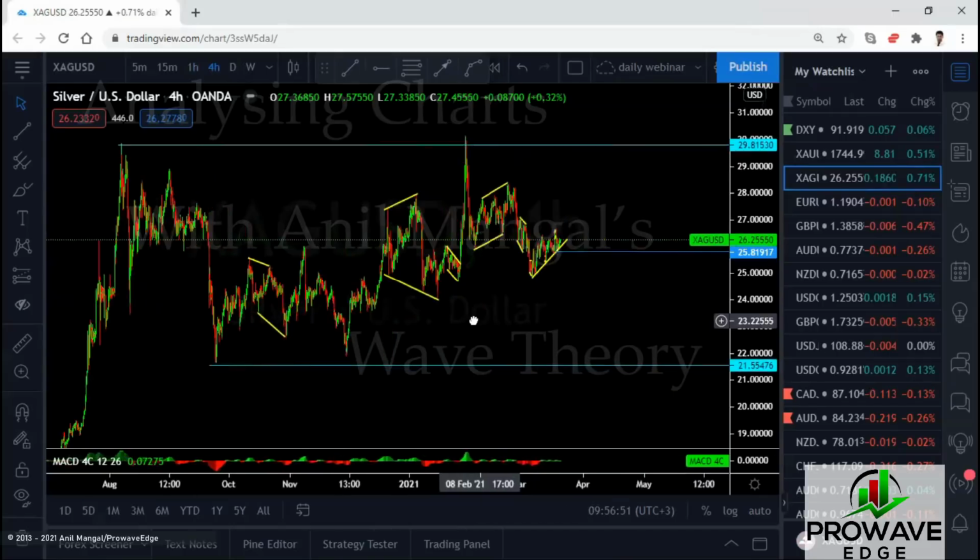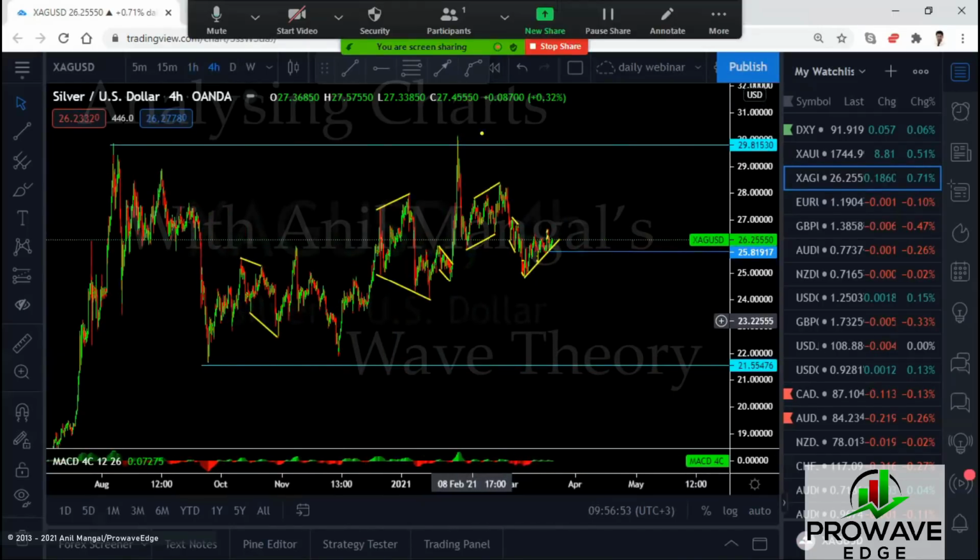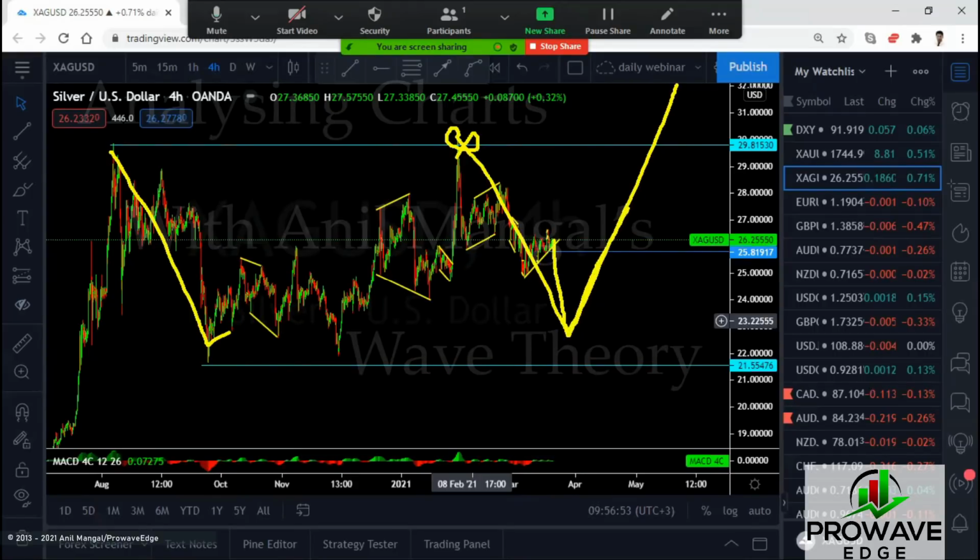This structure will definitely go back up. I've been telling you that once we broke the top, we're making a running flat. We're looking for this and then go back up there. So I think one more drop here is possible before we go up. It's not necessary, but it's very possible. Can we go with this as the running flat? It can be, but it's a little too small. This one is a little too short. I wish they had got one more down.